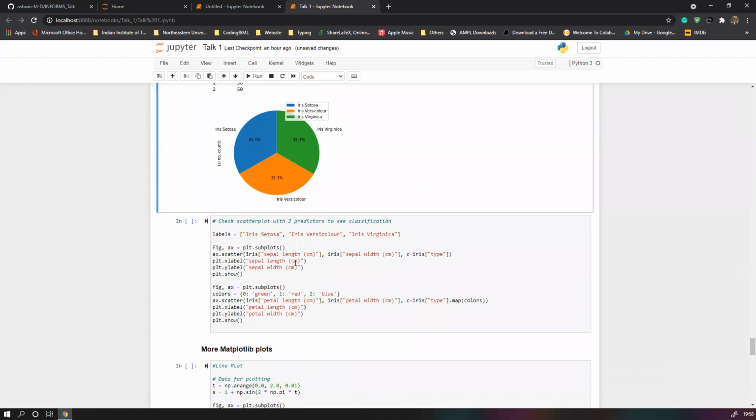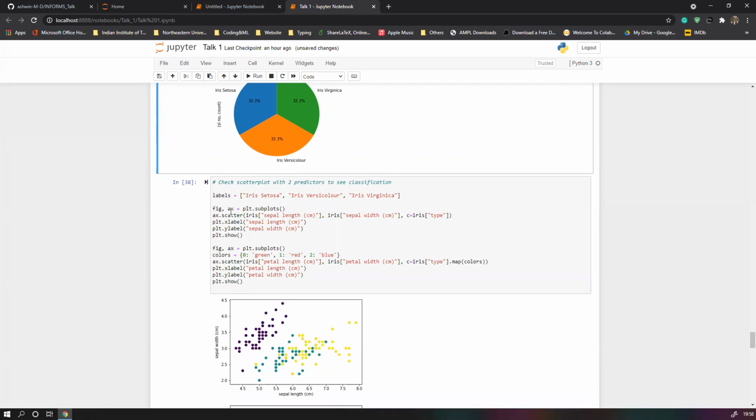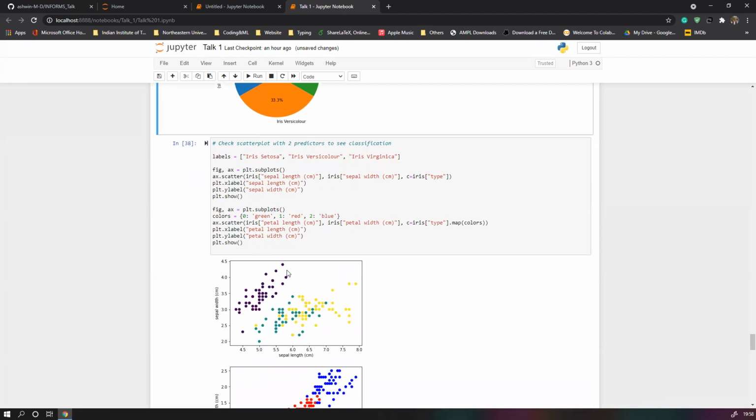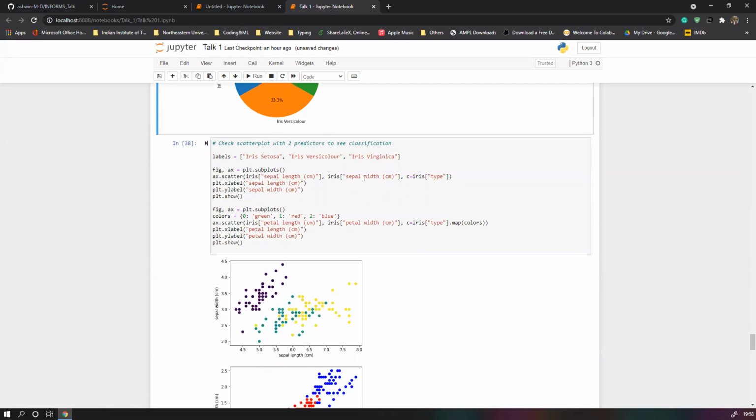I believe we are squeezing on time. So we have very little time left. So let me just go through this quickly. Scatter plots are another type of plots which you can get out of Matplotlib. Here I'm just plotting sepal length and sepal width, and I just want to make sure I've color coded it based on